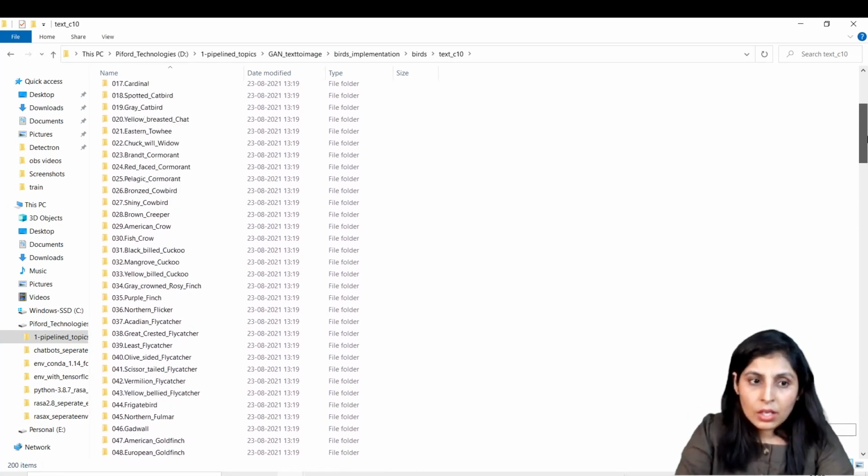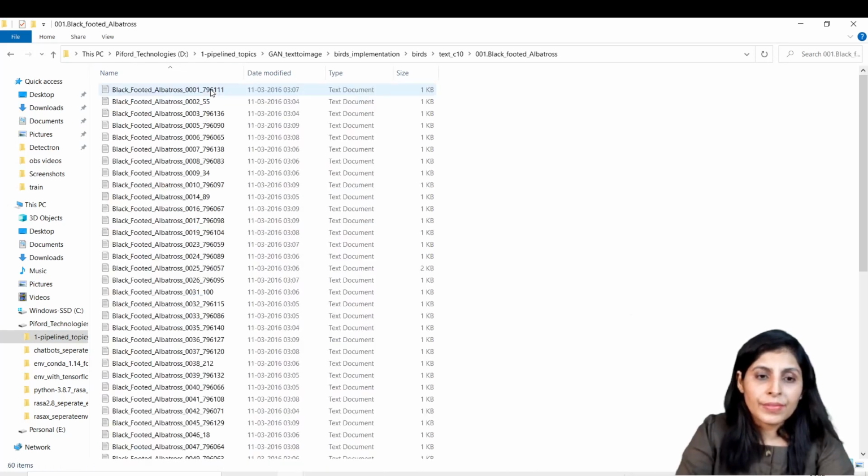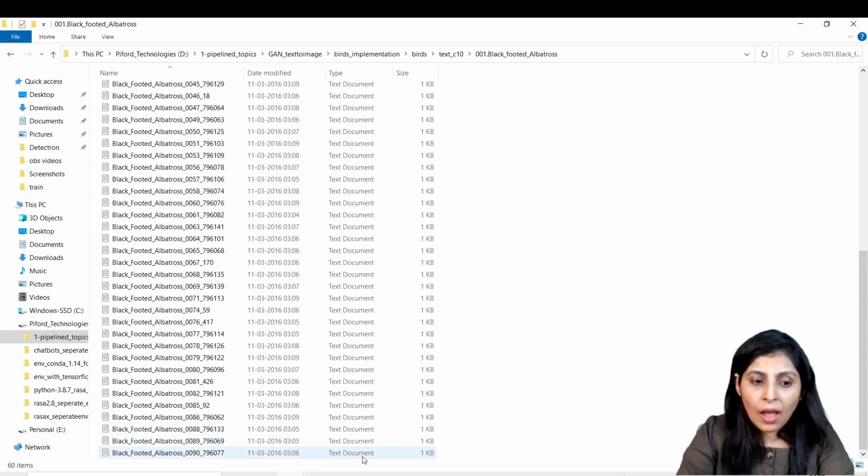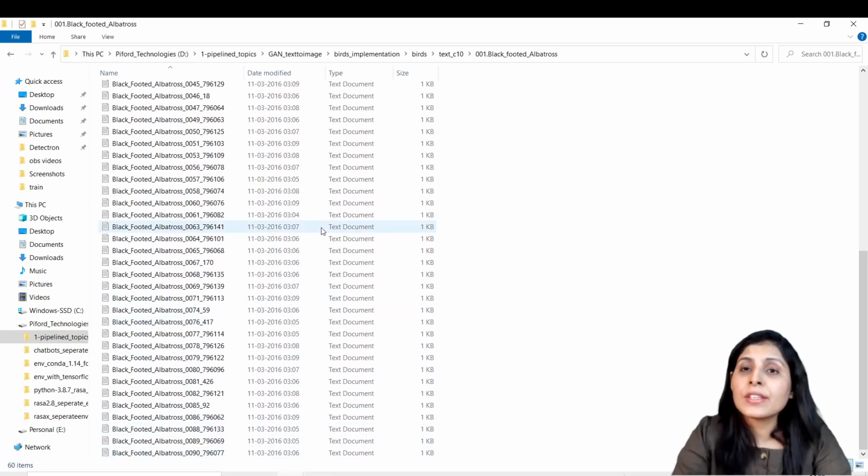Now let's open one folder. Over here you can see we have lots of text files. How many text files do we have? It depends upon the images which are present in the same folder.